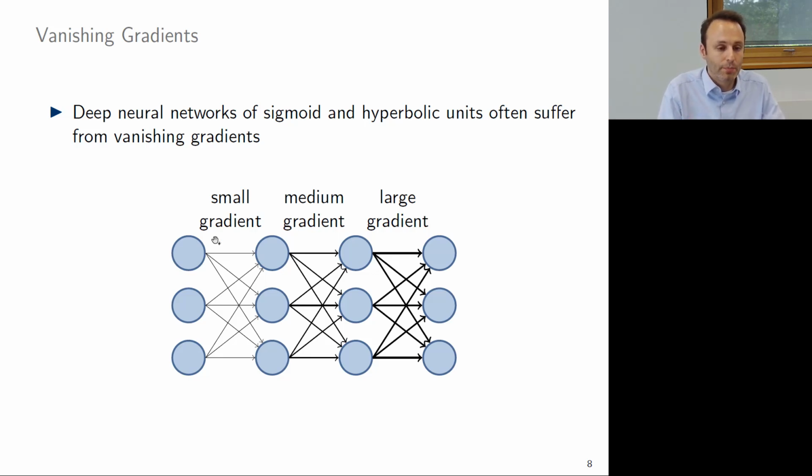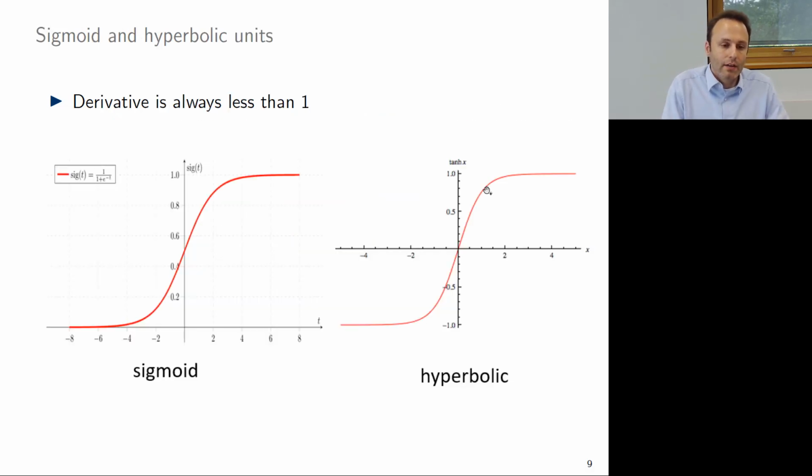And so you don't improve. And so there's a question whether this really works at all if you have too many layers. And so this vanishing gradient problem must be thought of when you use neural networks. Now, this is especially a problem if you use the sigmoid or hyperbolic activation functions because, well, you see here